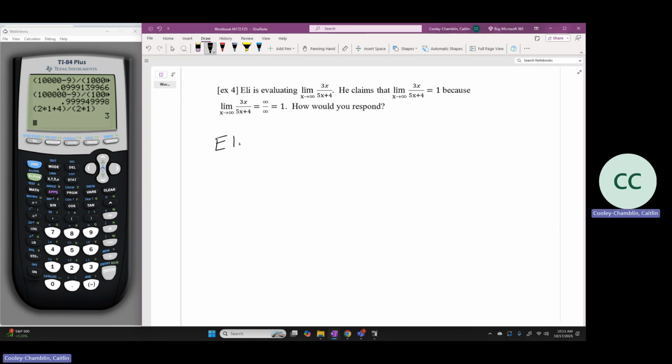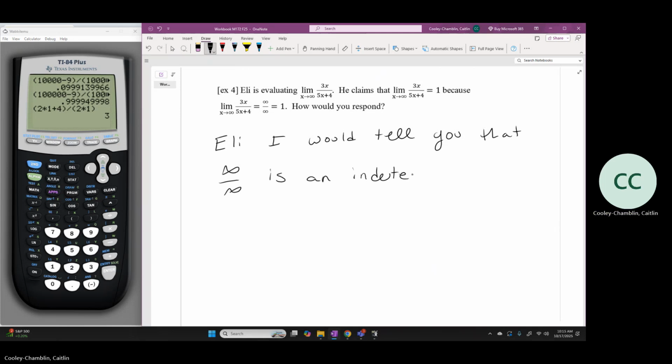I would say, Eli, I would tell you that infinity over infinity is an indeterminate form